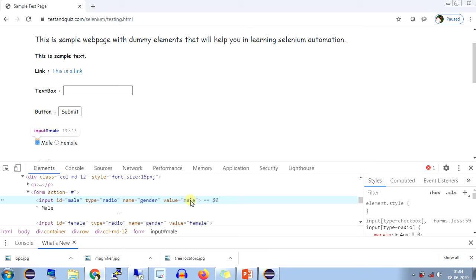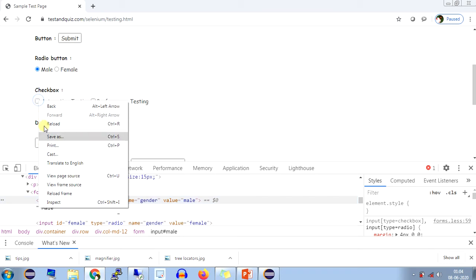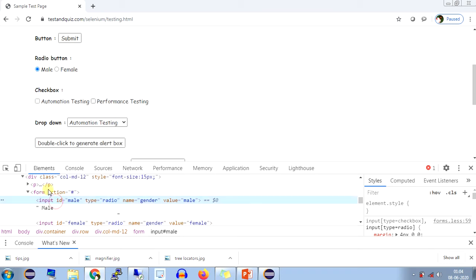Now let's try this checkbox, automation testing. Let me inspect it. Here we have the attributes type, class, value. So here the class attribute is present and we can use this class attribute to identify this locator.